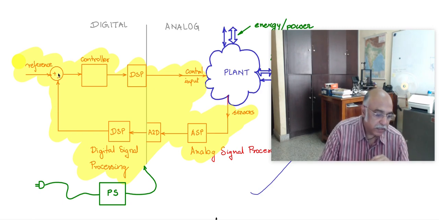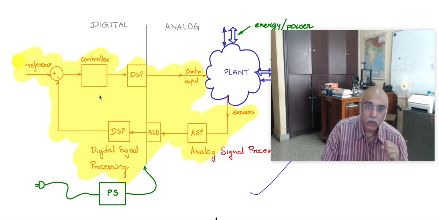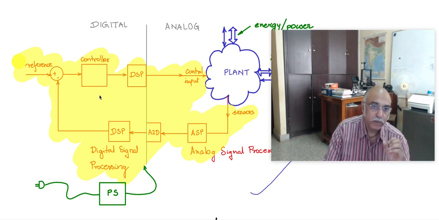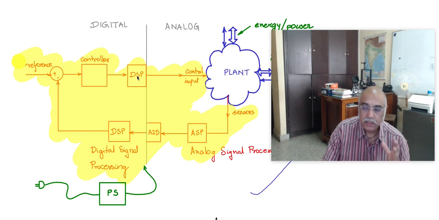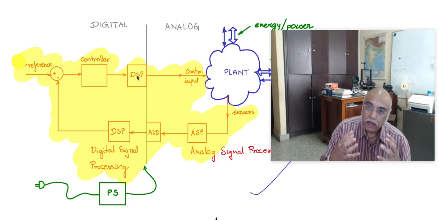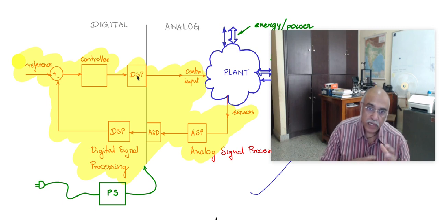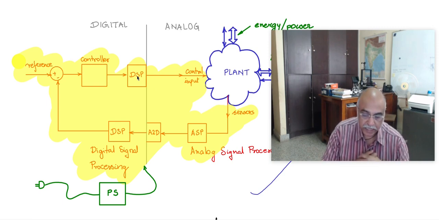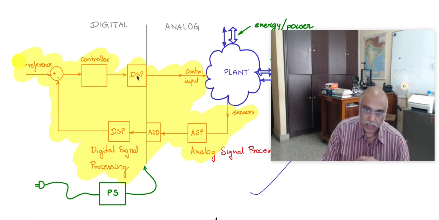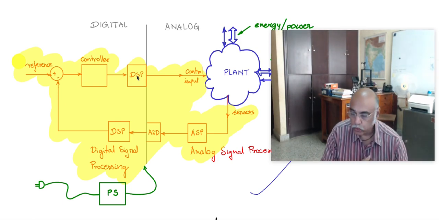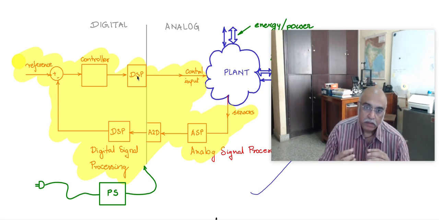And also going further, you will be building the controller in the discrete domain, in the digital domain. And the output of the controller is given to the PWM in most cases, where the PWM is inbuilt in the discrete domain or in the digital domain. So we need to see how all these things get done in the digital domain, and for that there is some background that is needed, which we will discuss in the course of this topic, and see that you are ready to build blocks, algorithms in the discrete domain,